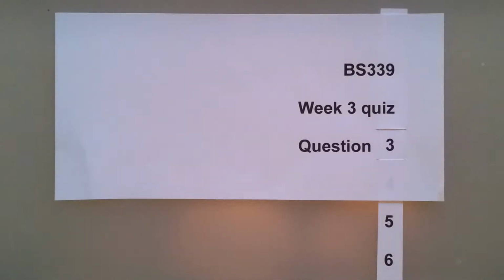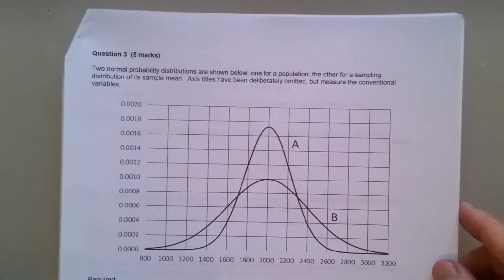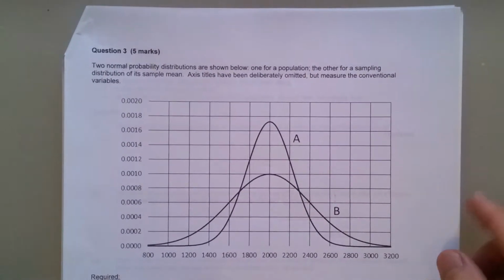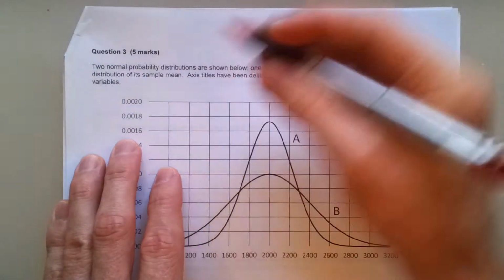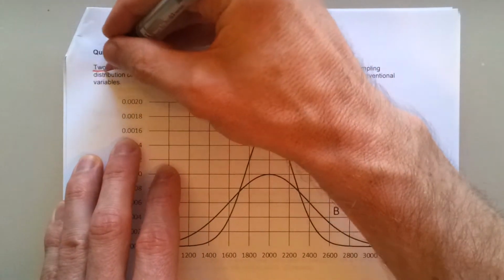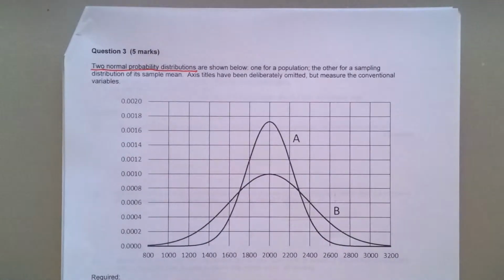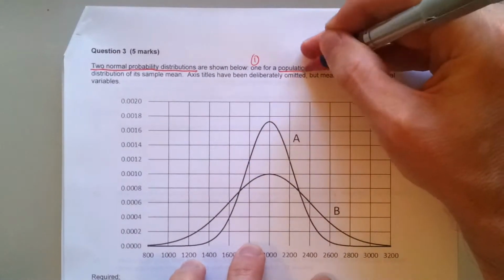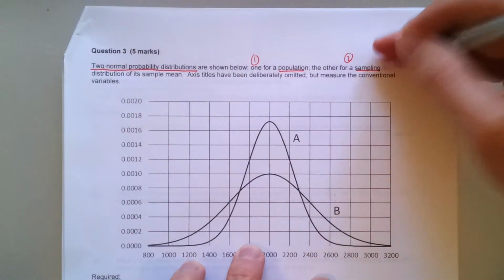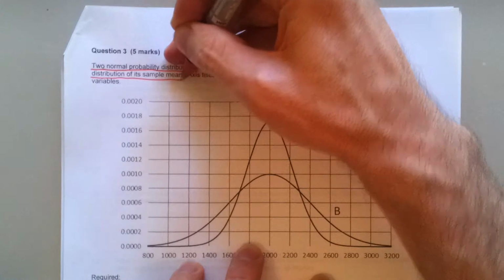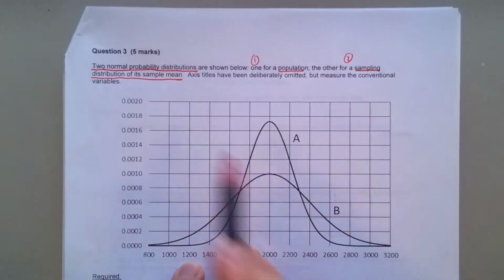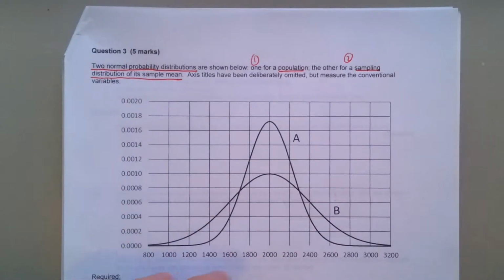An answer for question 3 to the week 3 quiz. Here is the information we're provided. We're presented with two normally distributed graphs. We're told one of them is for the population and the other is for the sampling distribution of that population's sample mean. Axis titles have been deliberately omitted, but now that you've seen an answer to question 2, we